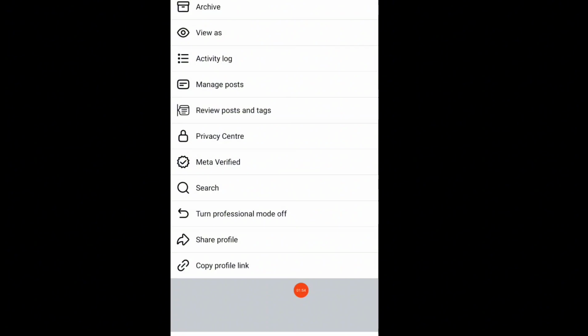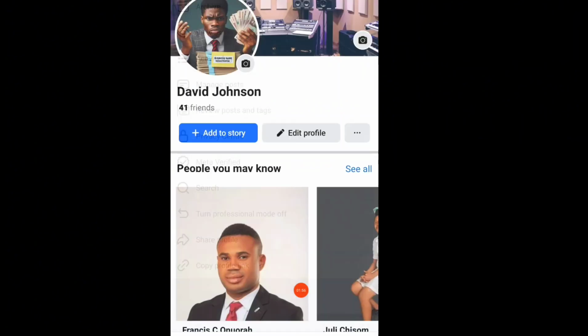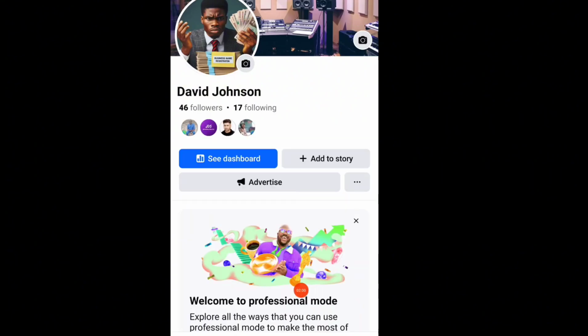So let's go back and check. You can see now this place is showing followers and following. If you click on see dashboard, you can see that you have a dashboard where you can monitor what is happening in your profile. Before, there was no see dashboard. So if you click on see dashboard,